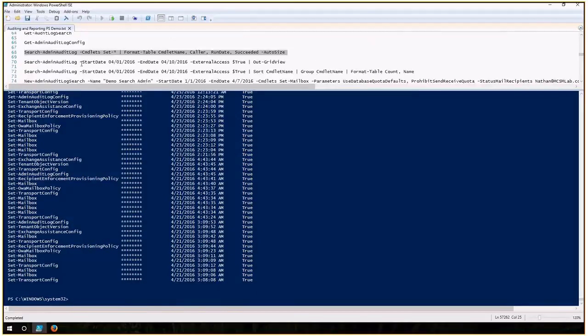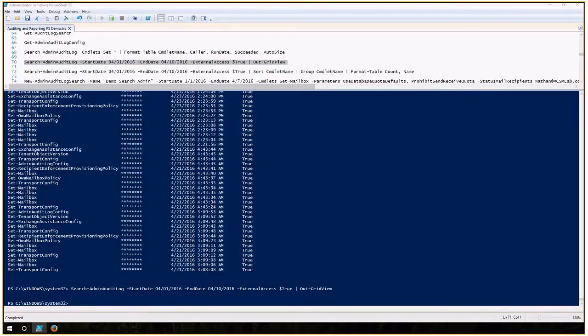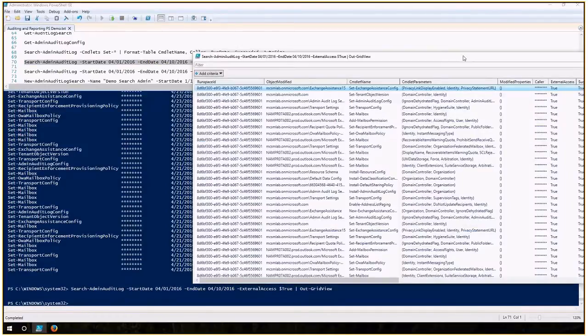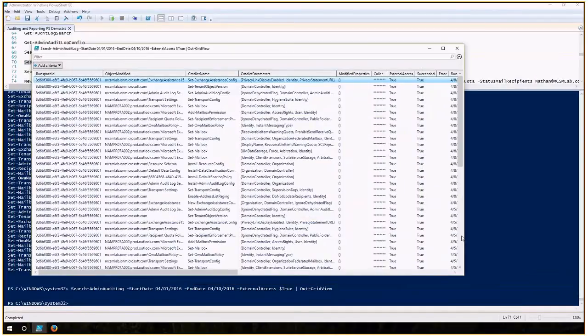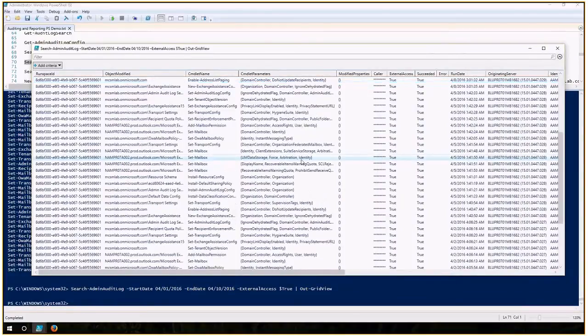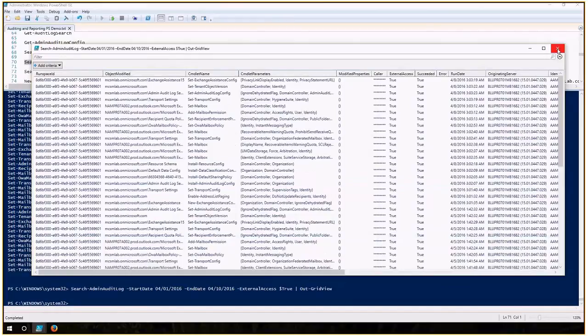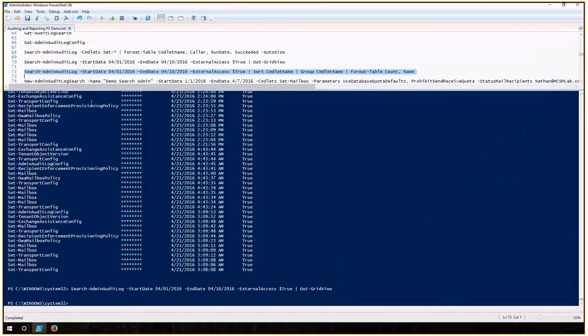To do that a little bit differently, I'm going to run that same search admin audit log. We're going to run it out to a grid view, so I'll give you a little bit different view of that. Over here is the results. This gives you a little different look at what commands, again, will run admin audit log on your tenant. Or if you just wanted to know what type of commands are being run, this next command, we're going to